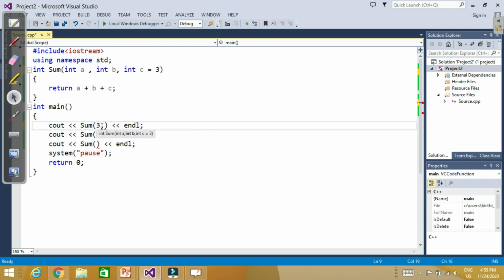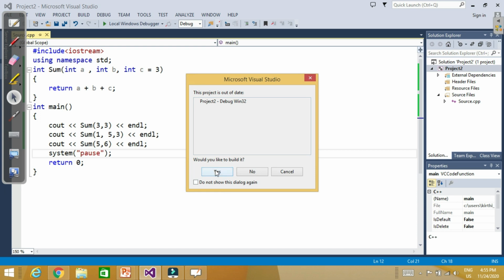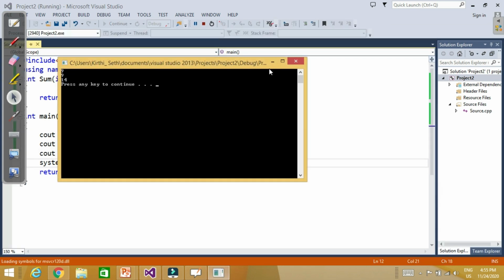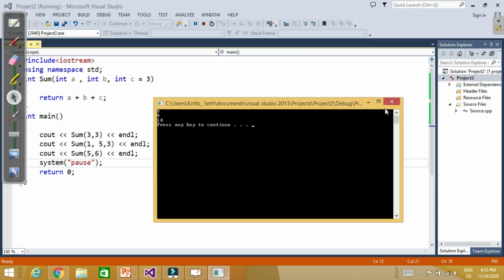because here is only one argument, that's why the compiler is asking us for the second one. So now we pass two arguments here, for a and b, and the third, c, is the default. If we want, we can pass all three arguments. Whenever we pass the argument here, the compiler always takes that one. If we do not pass it, then it goes for the default one. So the first thing is that it is not necessary that we always make all the parameters default. If you want, you can make any one parameter default.